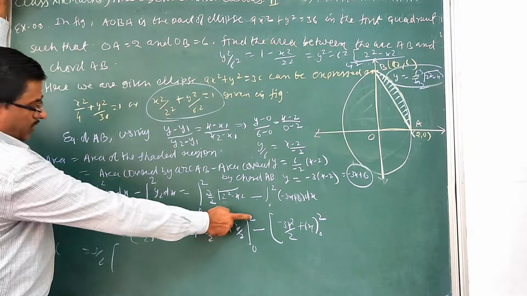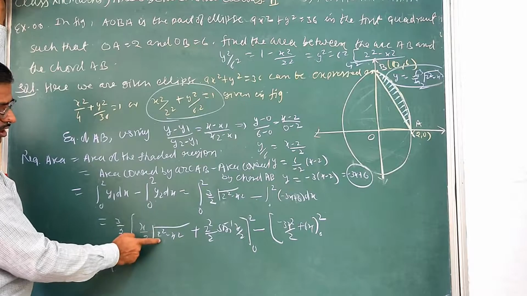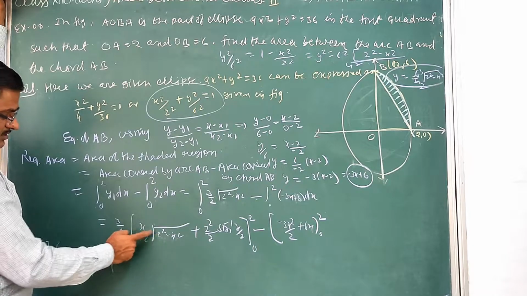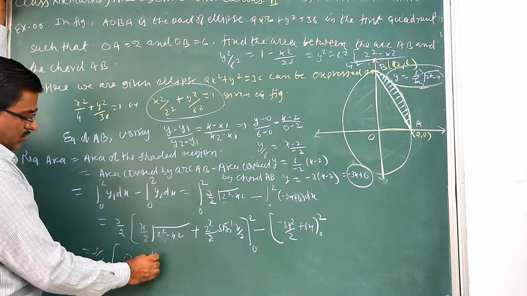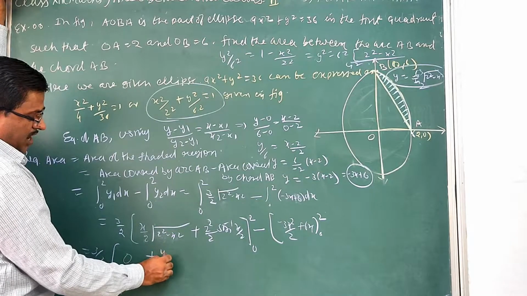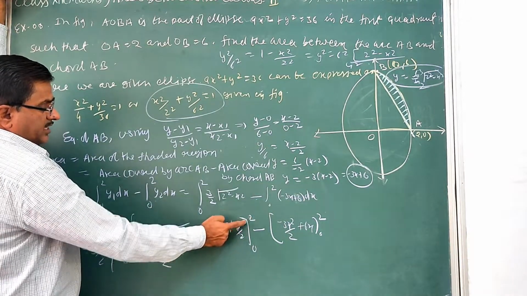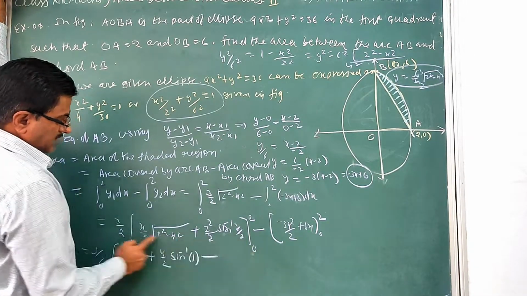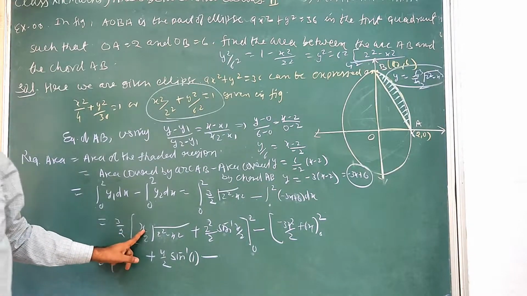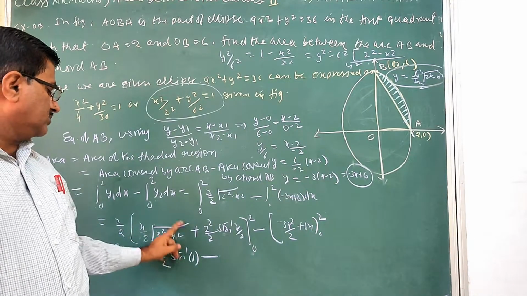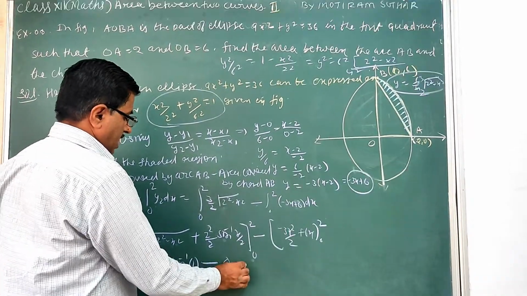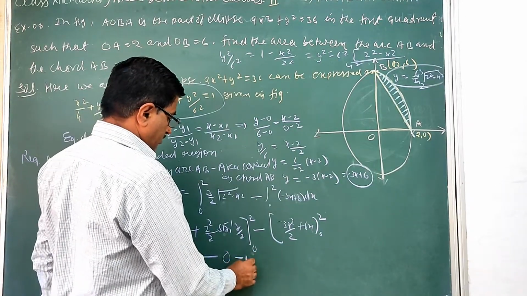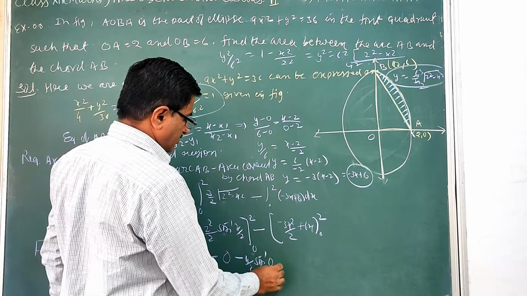Here we put upper limit 2 by 2 root of 2 square minus 2. So 2 square minus 2 is 0, 0 multiplied by something, that is 0. So first term is 0 plus 2 square, that is 4 by 2. Sin inverse, that is x equal to 2 by 1. So sin inverse 1. Then minus lower limit, if you put here 0, 0 multiplied by this value, that is 0. Minus 2 square by 2, 4 by 2 sin inverse 0, that is also 0.